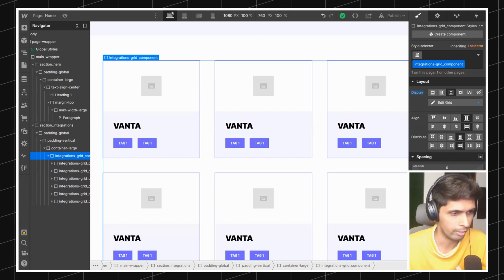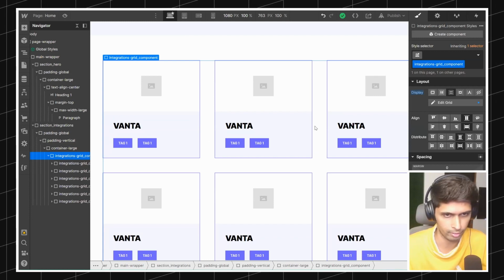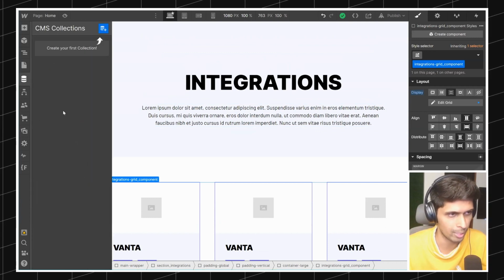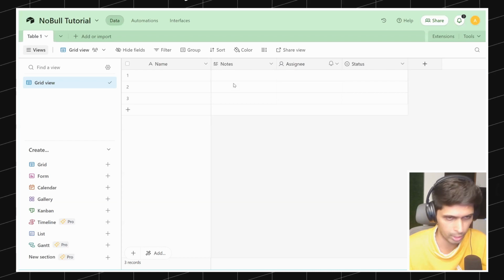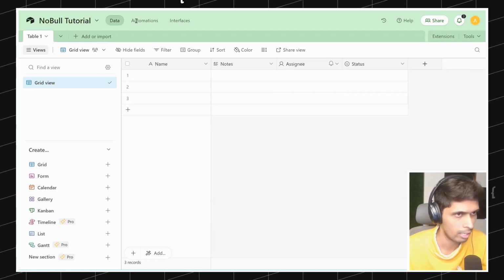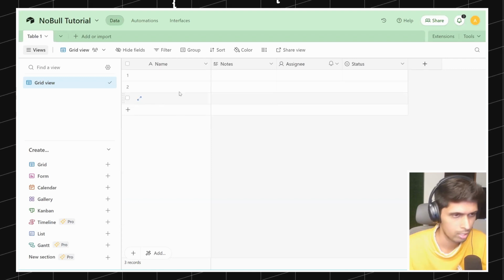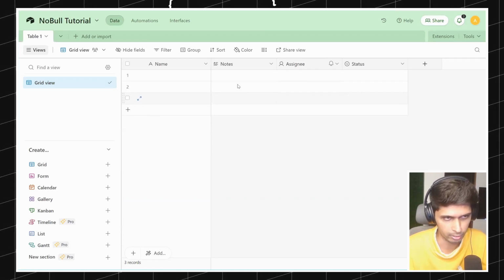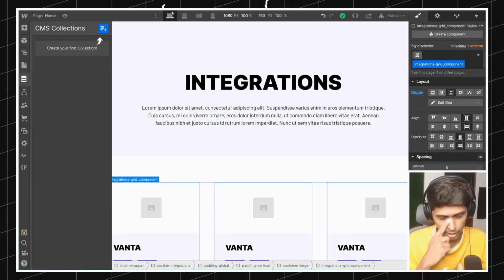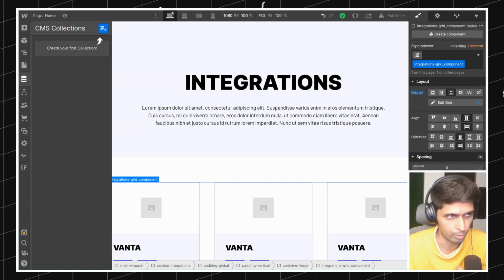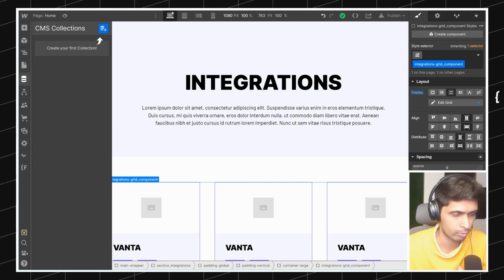That's right. And the process is going to look somewhat like this. We are going to set up the CMS inside of our Webflow project. And then we are going to set up our Airtable table here. And then we are going to use Nobull. We are going to install it first, and then we're going to use it so that all of the data here automatically gets transferred over to your Webflow CMS. And I want to show a couple of examples to you so that you can know what to expect from this